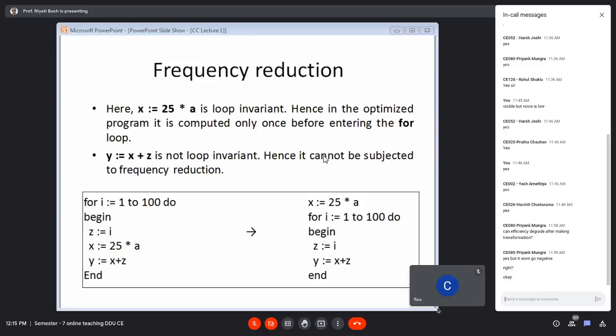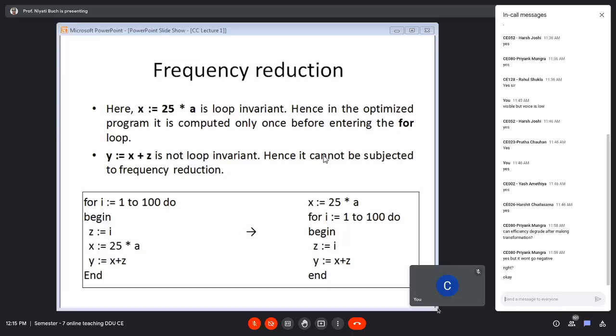But again, if you observe, the value of x is used in another expression, right? The statement below it, where we are assigning the value of x plus z into y, that is not a loop invariant. Why so? See, the value of x is of course not dependent on the loop, but the value of z is based on the value of I, because we are assigning the value of I to z, and the value of I changes with each iteration of the loop. So it is dependent on the loop, correct?